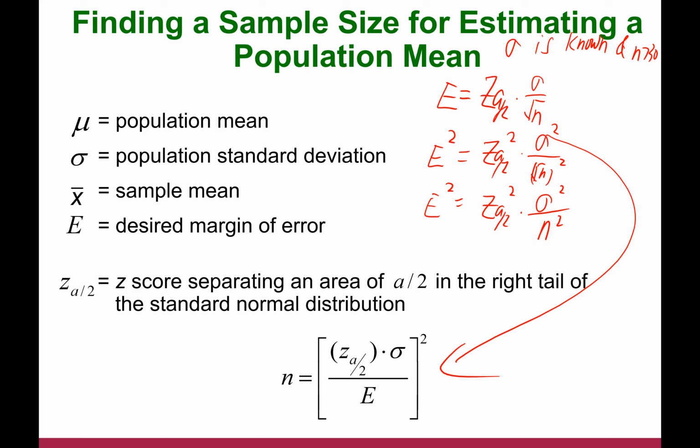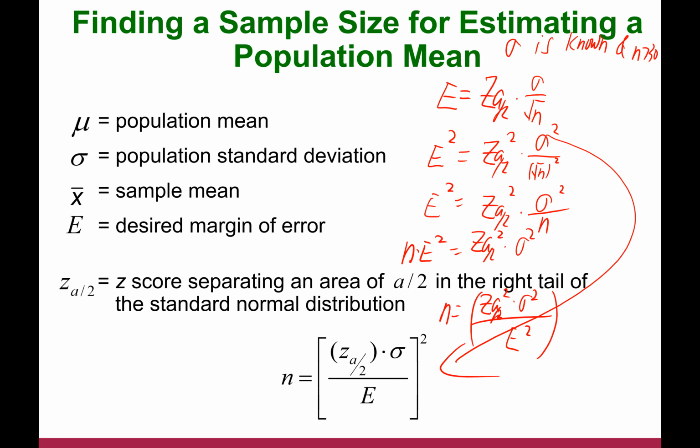Now if you want to solve for n, you can use proportion to solve this. n times E squared equals z alpha over 2 squared times sigma squared. Now n is equal to z alpha over 2 squared times sigma squared over E squared,